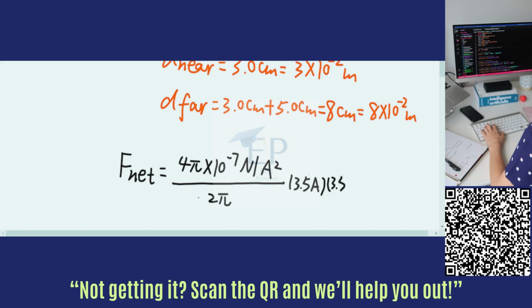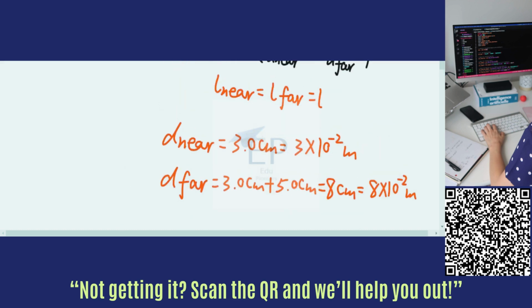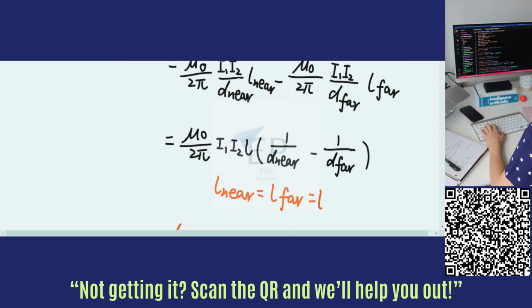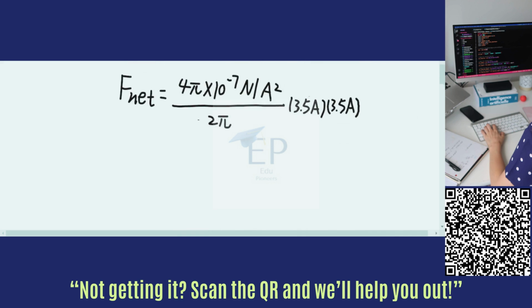The current on wire 2 is 3.5 ampere as well. Okay, times the L, which is the length of the wire, which is 10.0 centimeter. Okay, so times 0.1 meter, and then times